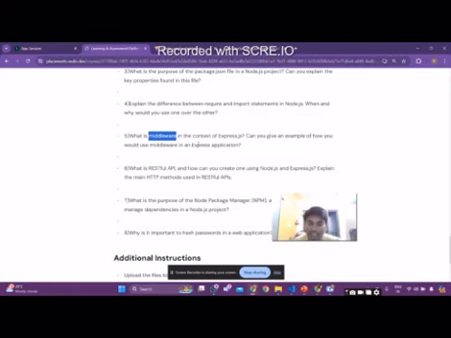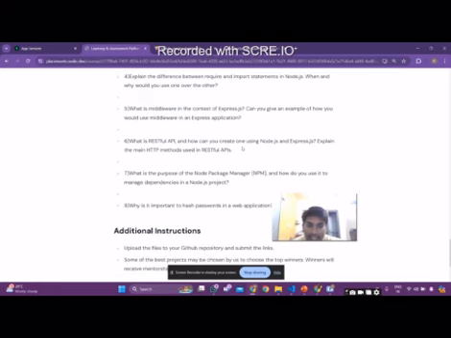So in Express.js, we can use middlewares for login and sign up pages. By using middlewares, we can get good information. If it is correct, then it will proceed. Otherwise, it will stop. So that is the importance of middleware. Giving an example, if the user has entered the correct credentials, he can log in. Otherwise, he cannot log in. If he uses an email with the at sign, he can log in.